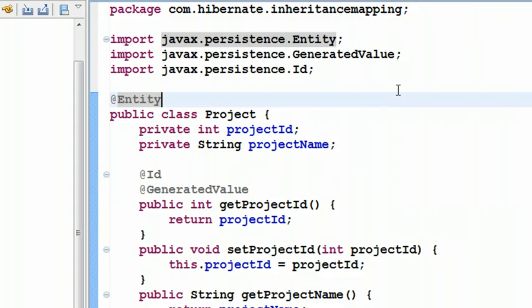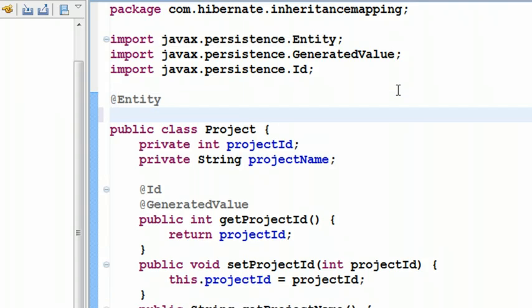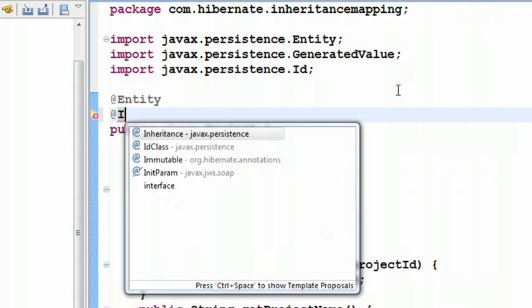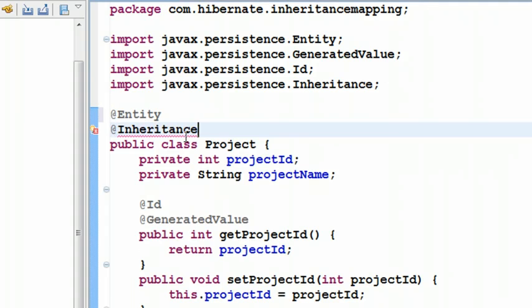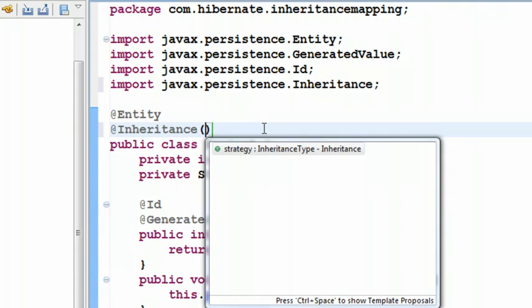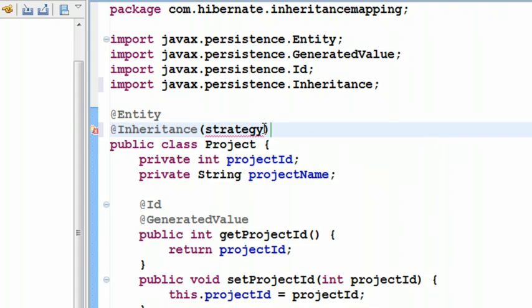Suppose you want to explicitly specify the default strategy also. It is not always a good practice to just leave it for default. It's a good practice to specify it even if it is the default strategy. You can go on top of this project class, and over here you can annotate it with @Inheritance, and within parentheses you can say strategy equal to